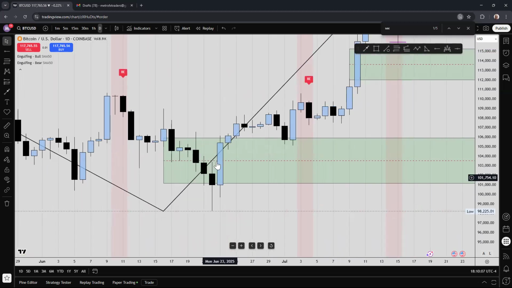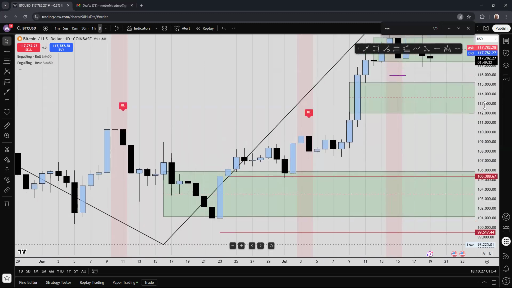Here's a great place to actually place a trade. So you wait for the close of the candle and then grab a position right here. Let me show you where that is. So you would enter right here, place your stop loss below,